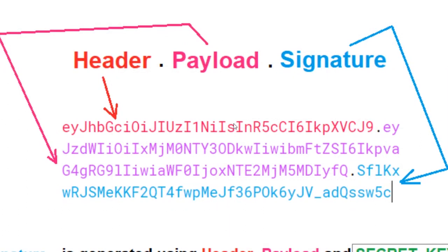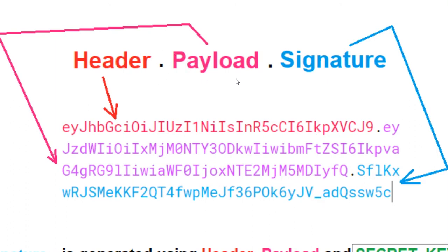So the token that was passed by the server to the client was in essence a JWT, that is a JSON Web Token. In practice, it looks somewhat like this. That is a string of random alphabets, and the special thing to note down here is these two period symbols. These two period symbols separate out three parts of a JWT. The first part is the header, which is marked in red color. The second part is the payload, which is marked in the pink color, and the third part is the signature, which is marked in the blue color.